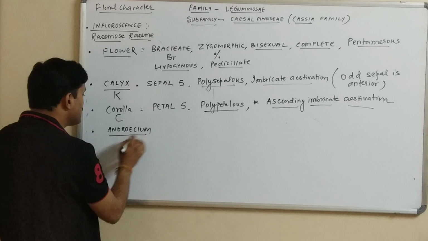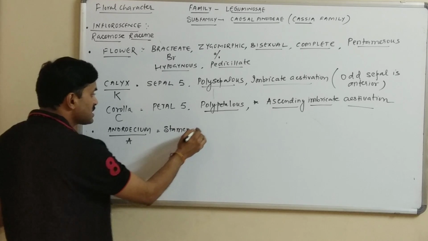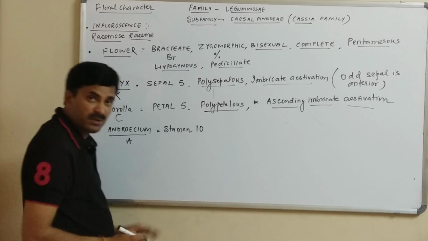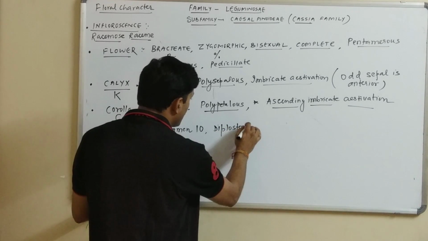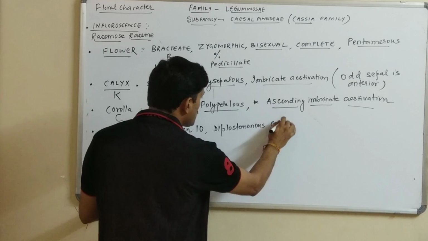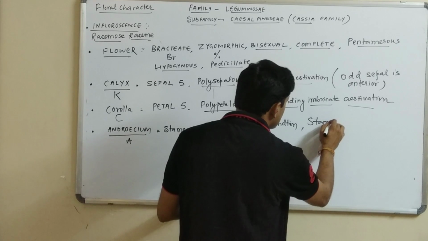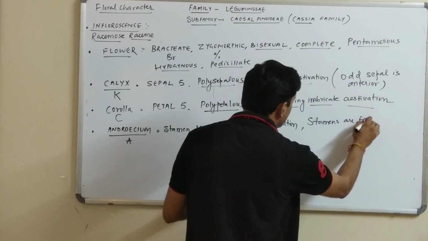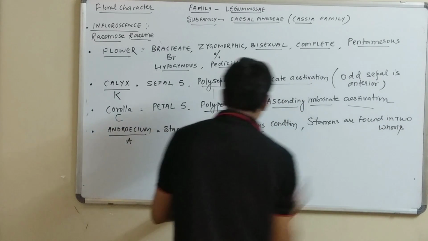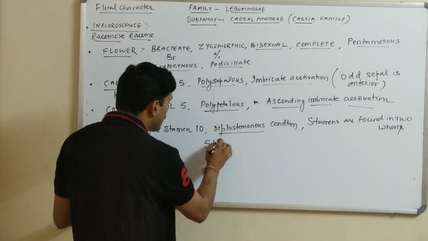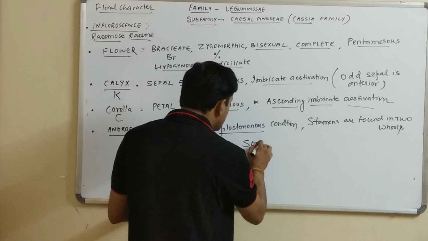Androecium. Now androecium is denoted by A, and the unit of androecium is stamen. Now a total of 10 stamens are found, and the stamens are found in diplostemonous condition. What is diplostemonous condition? Diplostemonous condition means stamens are found in 2 whorls. Now what are these whorls? So 5 plus 5. Stamens are found in 2 whorls, 5 plus 5, and some stamens